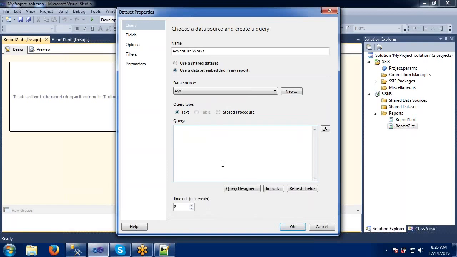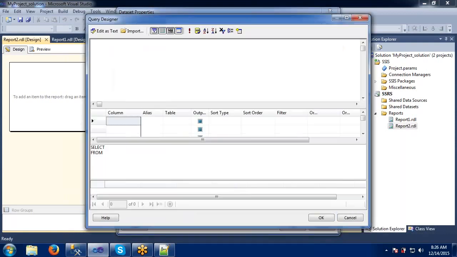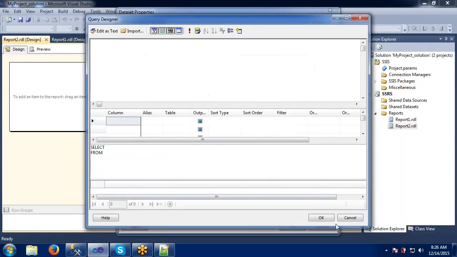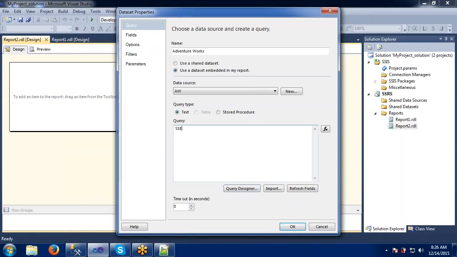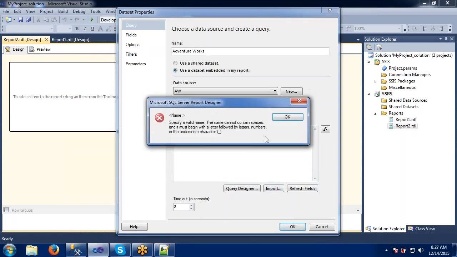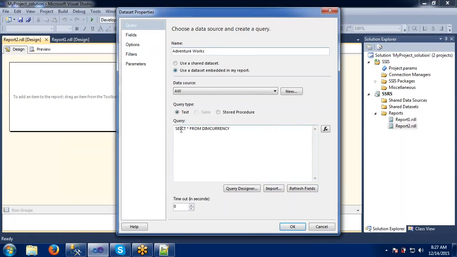Now it is asking to write a query here. If you know the query, directly go and select the query. I will create one right here, so that I don't have to go with the builder. Dim currency. Just click OK. It's throwing something here.